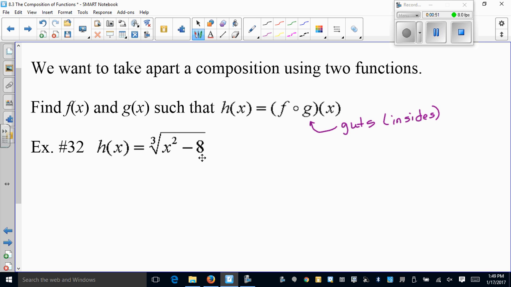Here's what you cannot do. You cannot let g of x equal x. You cannot let f of x equal x. They have to be something else. Okay, so